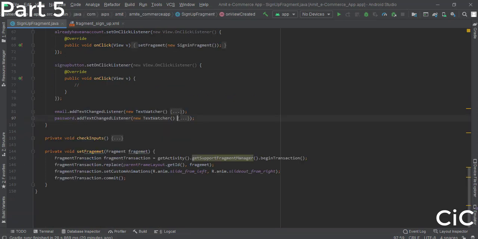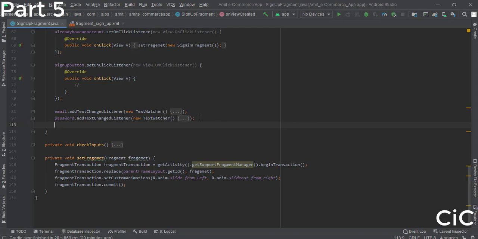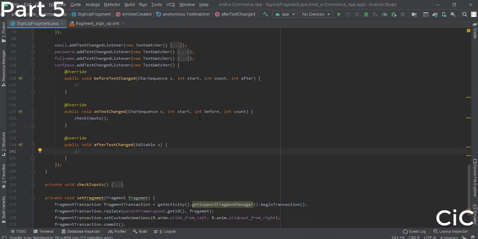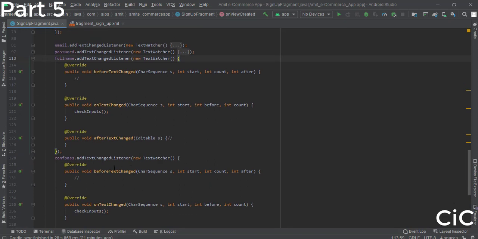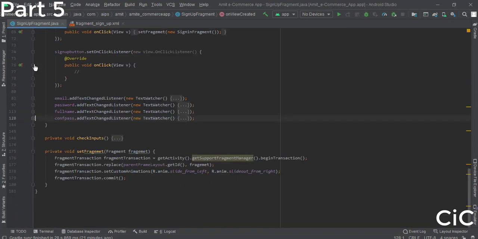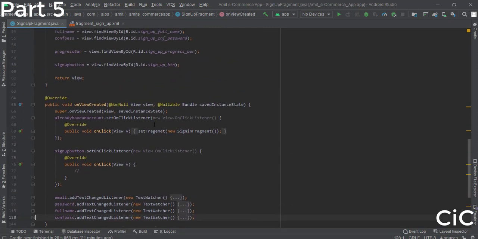Now again we will do the same for the username as well. So you can write fullName. So here you will do it for full name as well and for the confirm password as well. So this part is over for the sign up fragment.